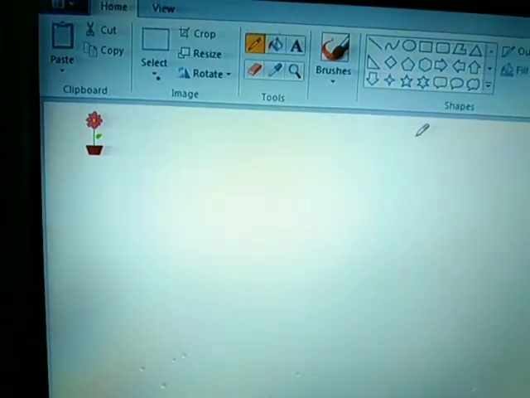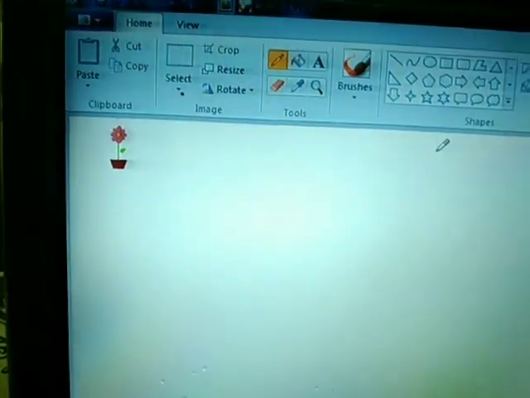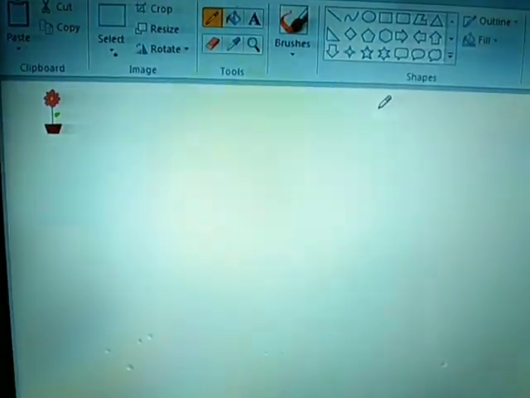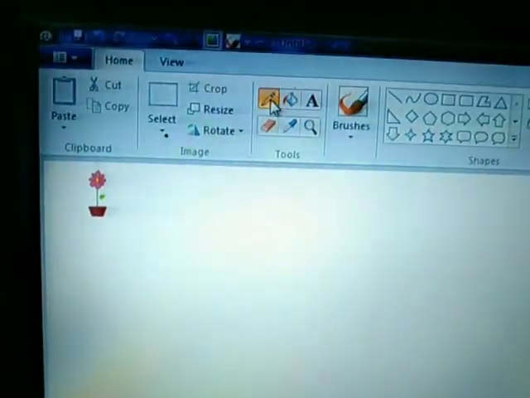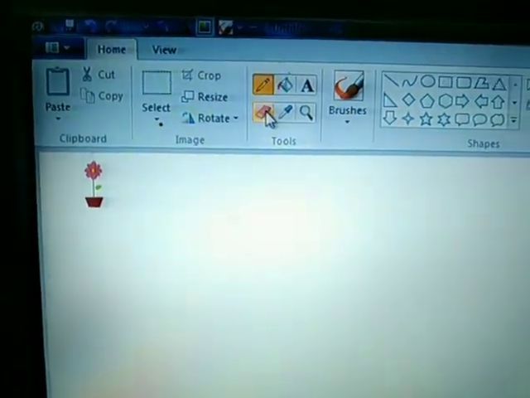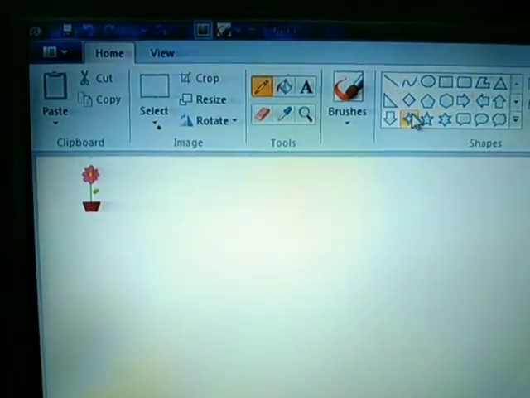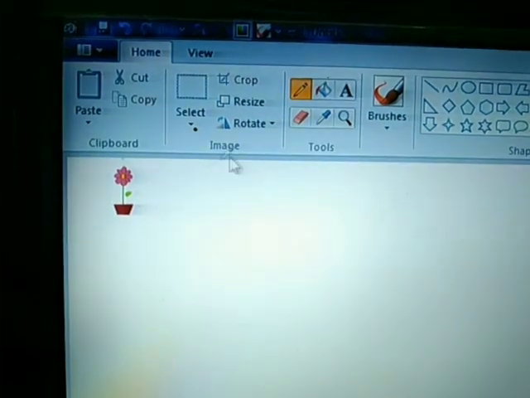And if I want to repeat the flower, there are ways to copy, paste. If I have done something, any part of the flower I want to remove, I can cut that. All these things I will show you in the next videos. So for today, this pencil, color picker, eraser, magnifier is done. I have shown you the use of some of the shape tool. Now I will show you how to use a text tool.